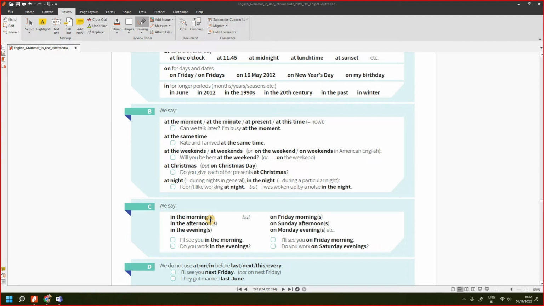Okay, but look here, you want to refer to one particular day's morning. Whenever you want to refer to one particular day's morning, then you say on. You say on Friday morning, or generally every Friday morning. In that case also use on Friday mornings. I'll go for a walk, something like that. Because it is referring to the day and the particular morning of a particular day, you have to use on. So that's how you differentiate between in the morning and on Friday morning or on Sunday afternoon, like that. Okay.